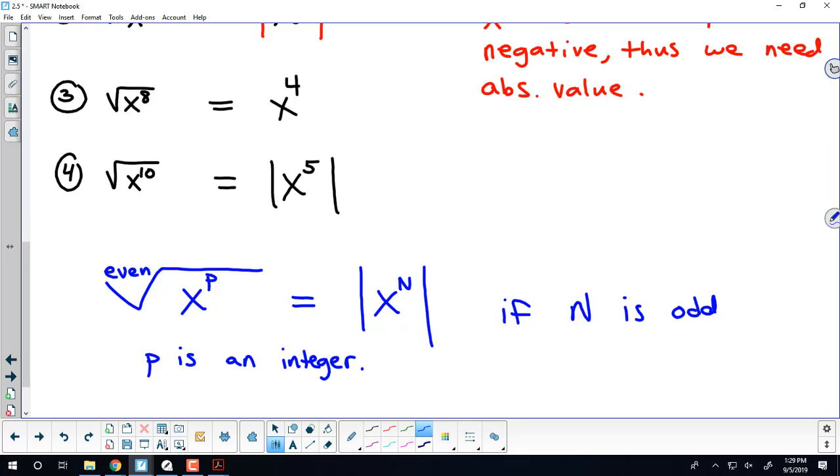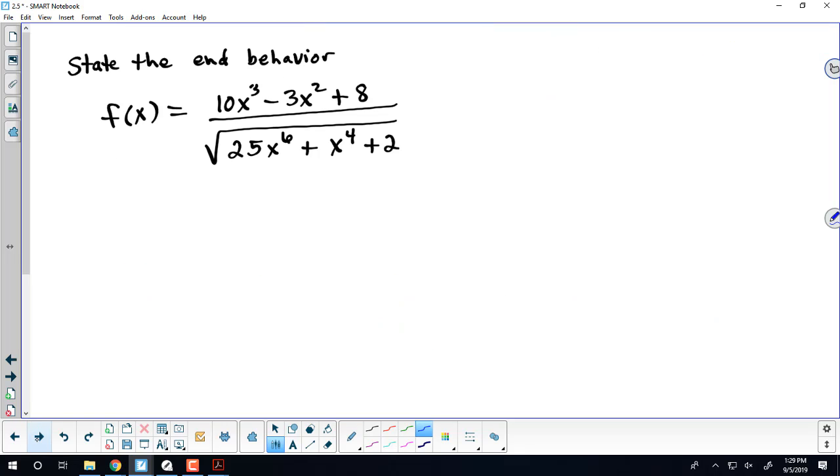So that's sort of an aside. The next example we'll see why we have to think about it that way, or why we care. Does anyone have any questions about any of that? Okay. So in practice, if we were asked to state the end behavior of this function,